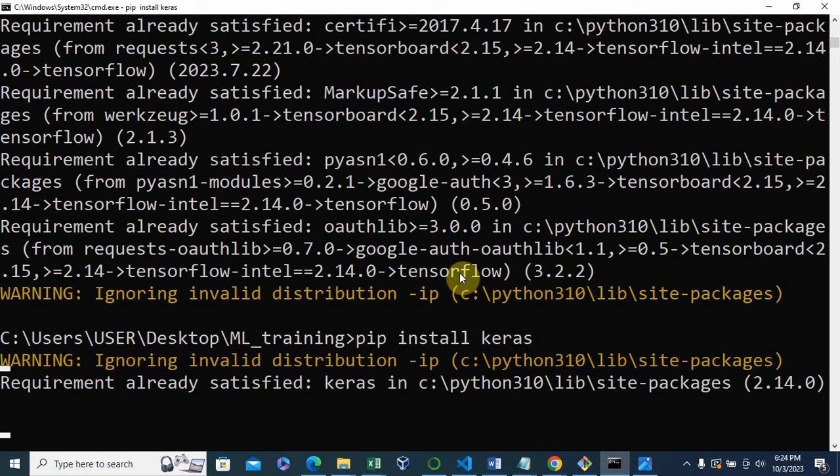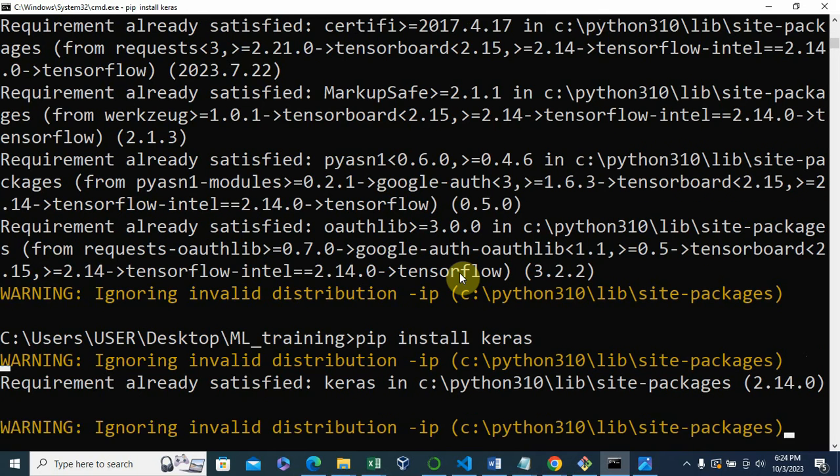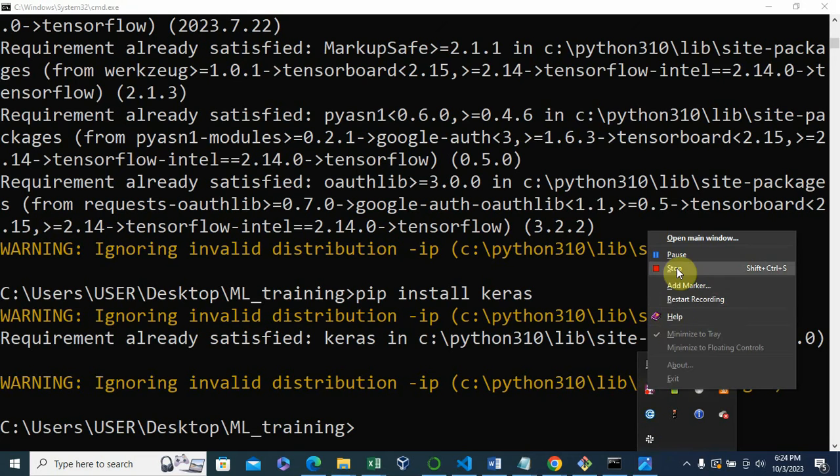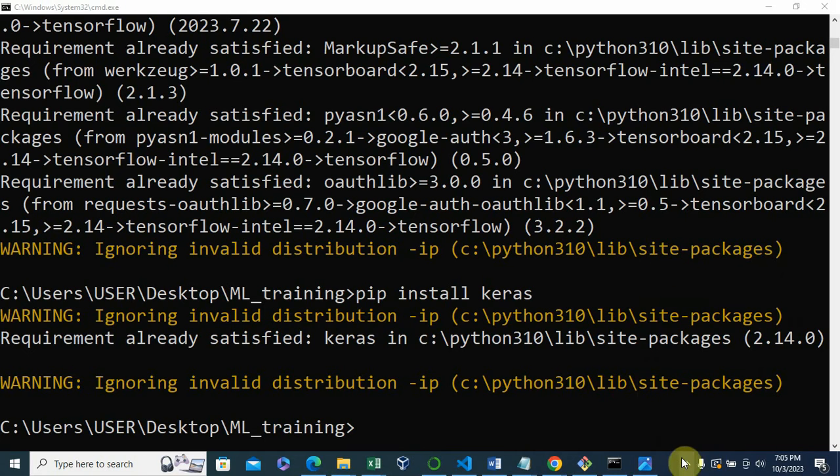In this case, I already have it installed, and you can see that it says requirement already satisfied. So I just installed the necessary packages, the frameworks to be used, TensorFlow and the Keras package.